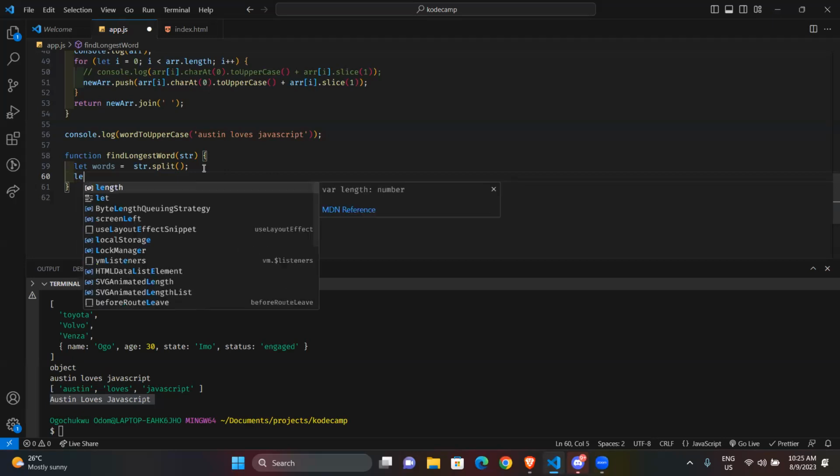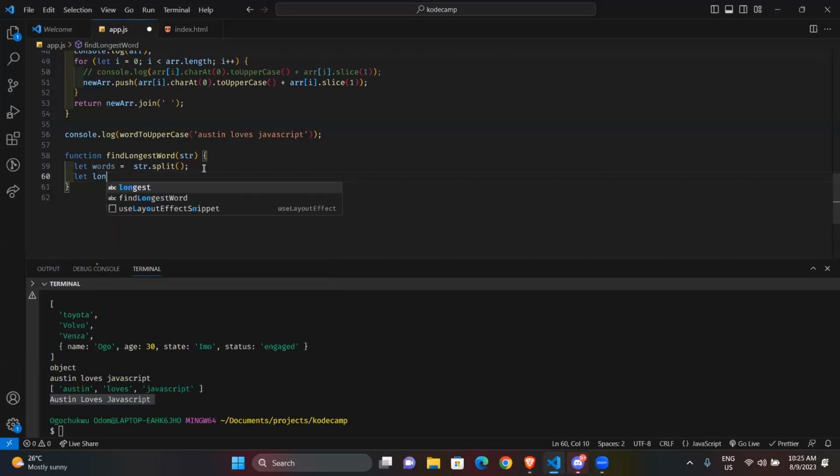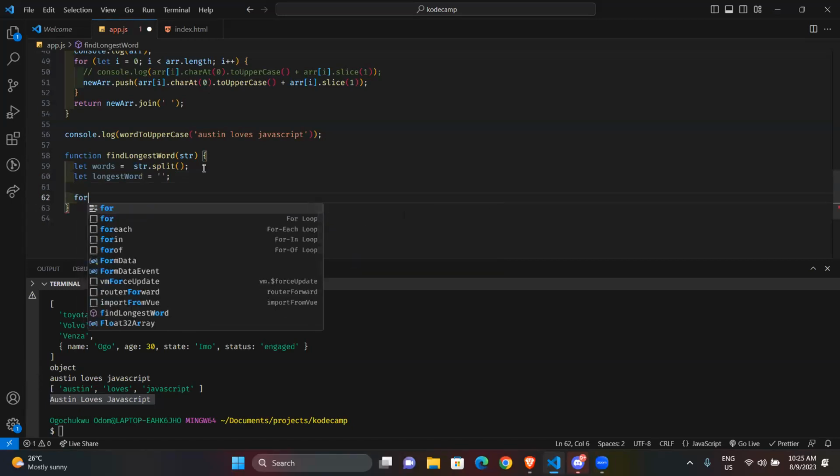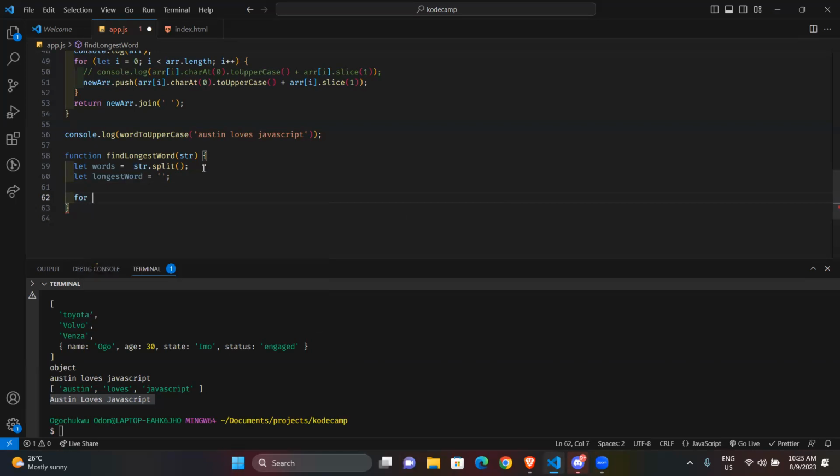So I'll just say let longestWord equals to an empty string. Somebody has already solved that. All right. So I'm going to do a for loop because this is an array.